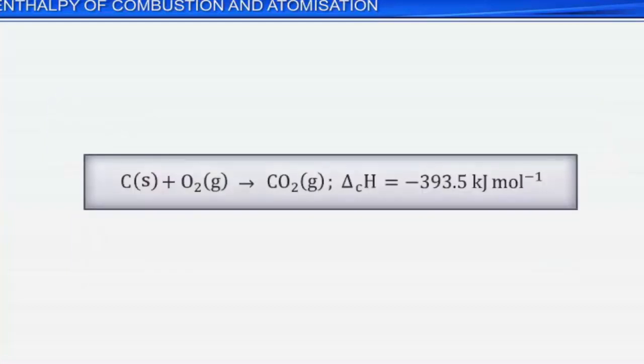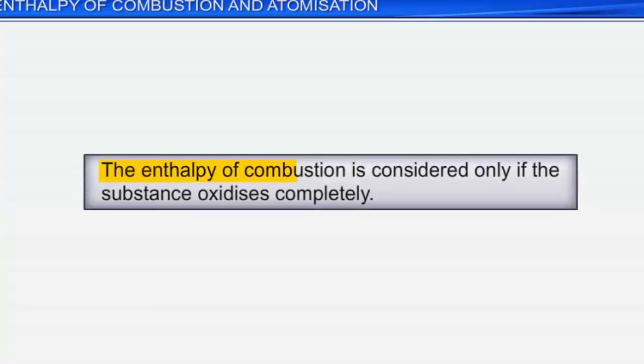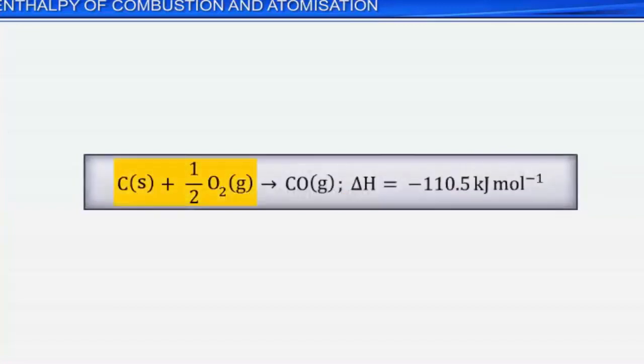For example, when 1 mole of carbon is completely burnt, it releases 393.5 kilojoules of heat. The negative sign of enthalpy change indicates the exothermic nature of the reaction. The enthalpy of combustion is considered only if the substance oxidizes completely. For example, if carbon is oxidized to form carbon monoxide, then the heat of the reaction is minus 110.5 kilojoules